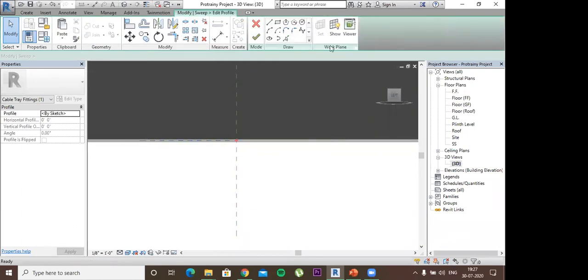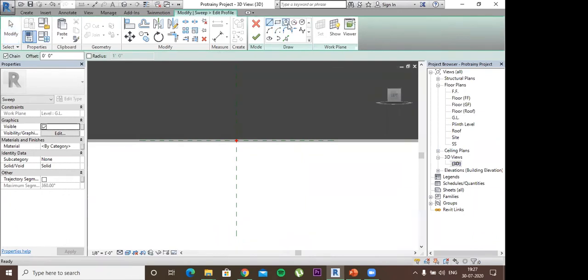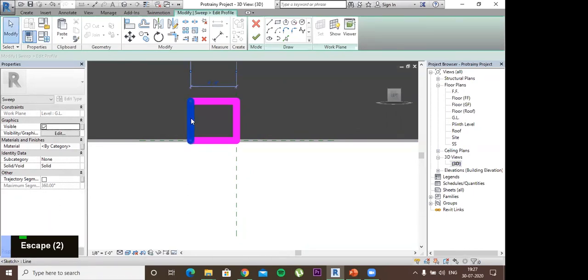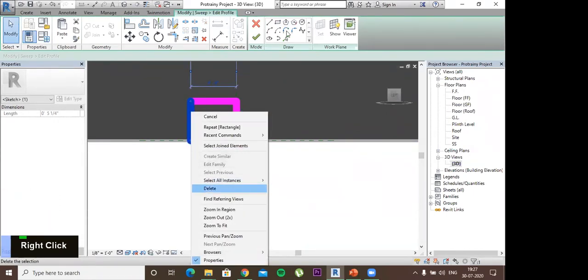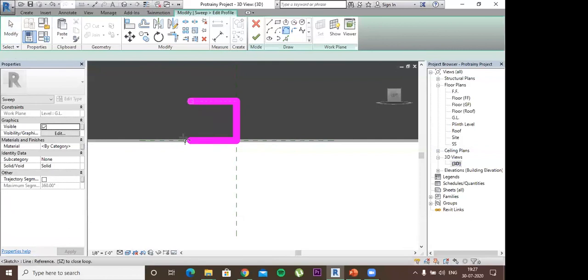Since the profile is on the perpendicular direction, I'll go here. I'll make a profile which I want to sweep. Edit Profile, and then I will make, for example, a rectangle like this, and I want an arc at the leftmost part. So I'll create an arc with this. And I'll select right.